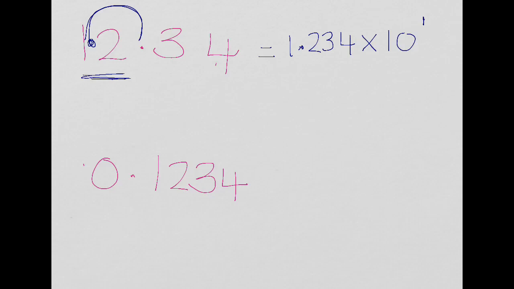So, going through the second one, where do I want my decimal point? Well, is it in the right place at the moment? If I look in front of that decimal point at the moment, I have one number, but it's a 0, this digit. And I said to you, we must have a digit from 1 to 9. So no, that's not any good. So I'm going to want that to move to here. And now I'm fine. If I put it here, I'm fine. So again, it's 1.234